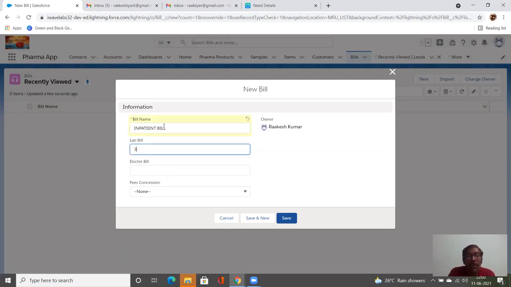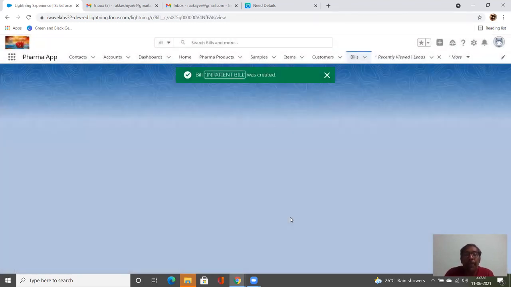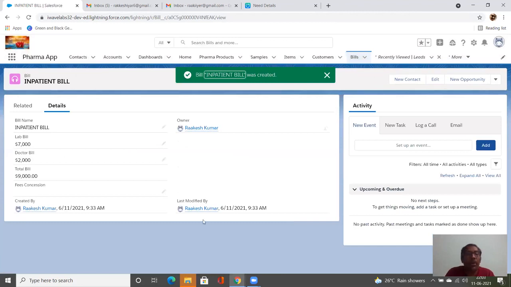I'll say 3,000, then 7,000. Doctor bill is 2,000. Fees concession, I'm going to leave it. So now the total is going to be 9,000, and fees concession is not given. Now click on save. It takes me to the detail page. Now see here, the total bill is 9,000 and fees concession has not been given.